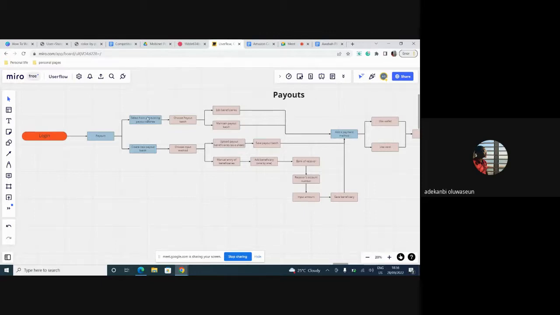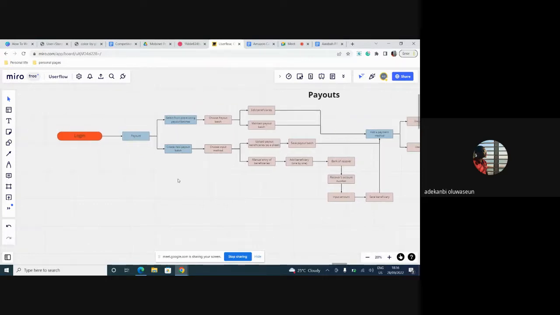In your case, for your feature, it might be different. It might be that the first thing they see is the dashboard. Then they could decide to either view past transactions, delete a transaction, or create a new transaction, right? So you map out those flows individually, and it's easy as ABC. Let me show you how it works.